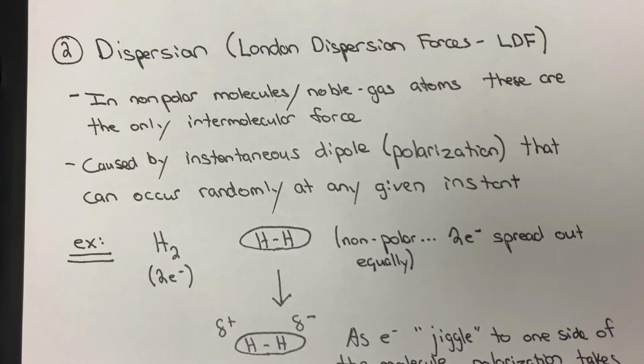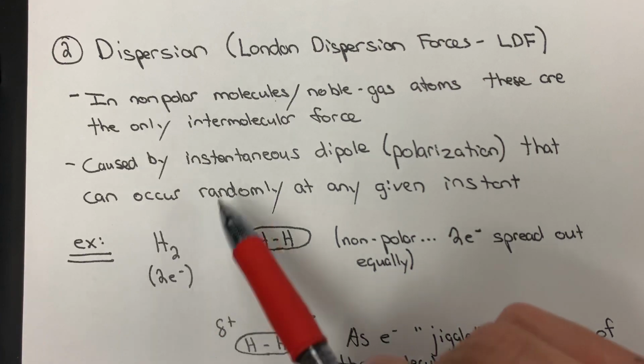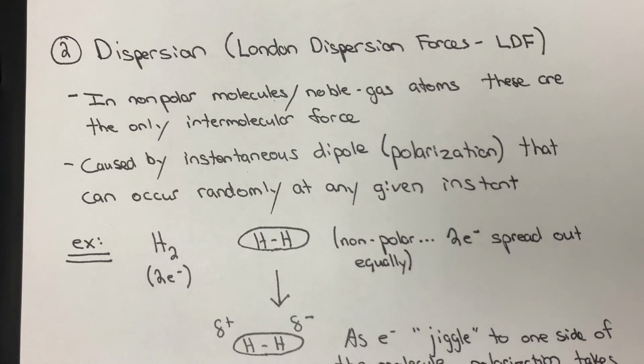It's like dipole-dipole, but rather than being permanent because we have some polar bond, these are instantaneous, they are fleeting, and they require a polarization. And we'll get into this as far as size and shape goes, okay? Bottom line is these can occur randomly, and as quickly as they occur, they can also dissipate, okay? So let's take a look at